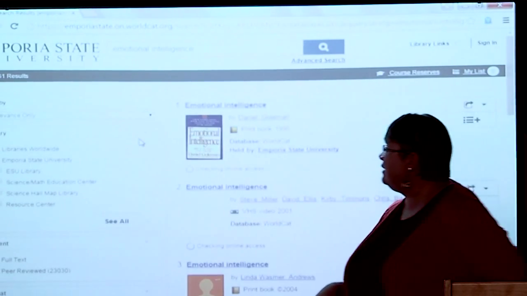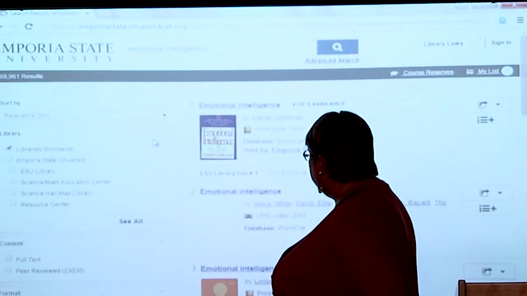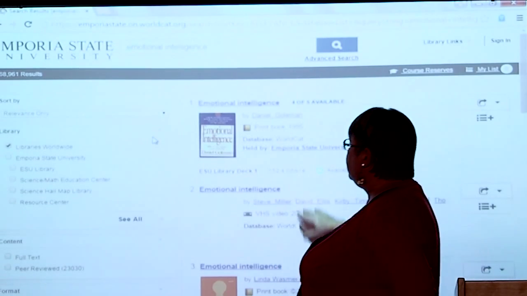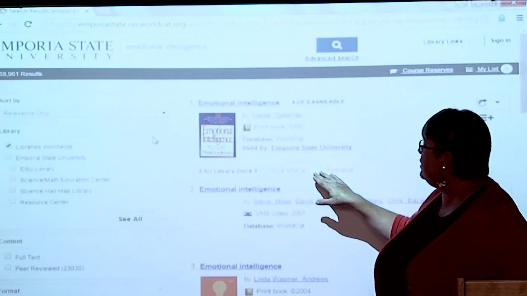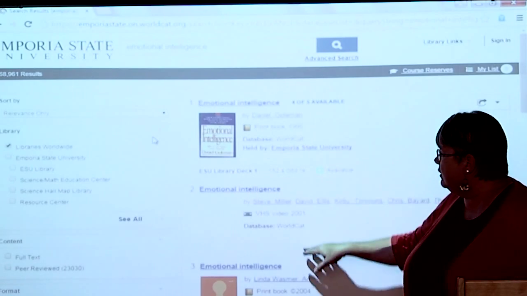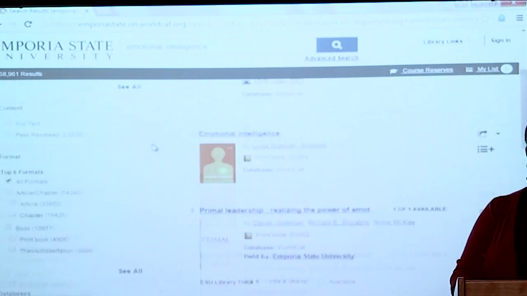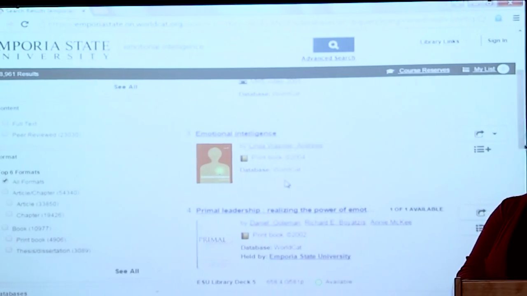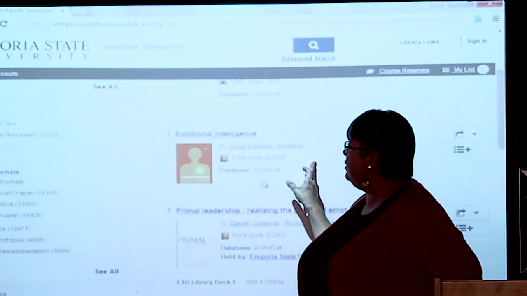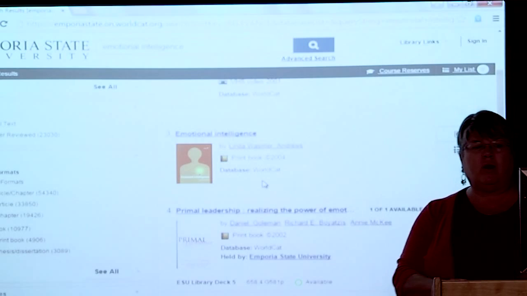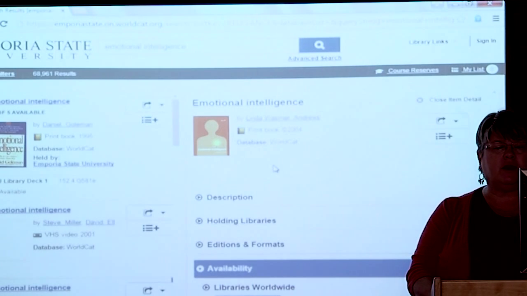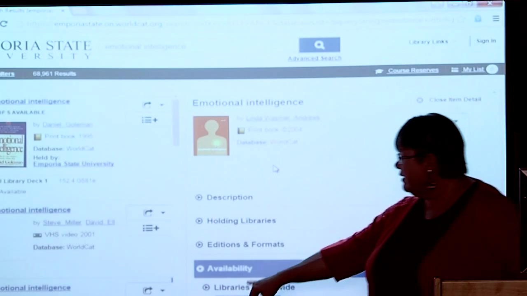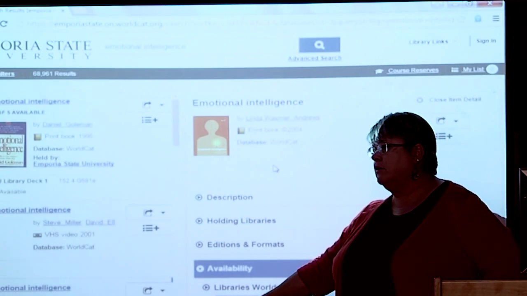And if I do that, then some of these that we may not own are going to come up towards the top. We do have that one, and I know it because it has our location, and it says some available. But if I go down to this third one, we don't own this one because it doesn't tell me that we do. However, if I want it, I can click on this record, and it brings me into the full record, and I can request that item through interlibrary loan.